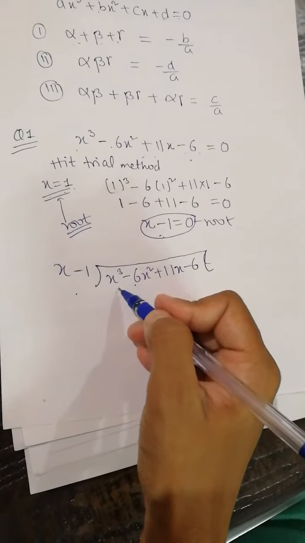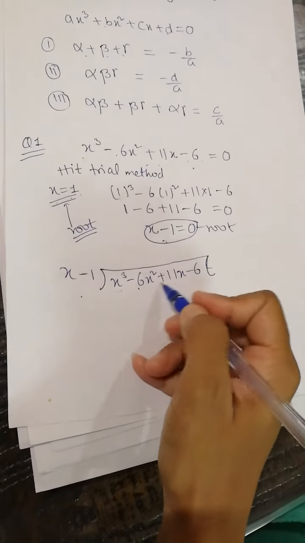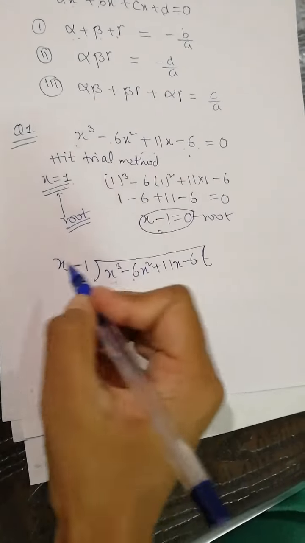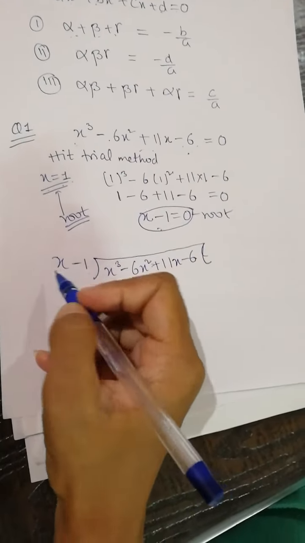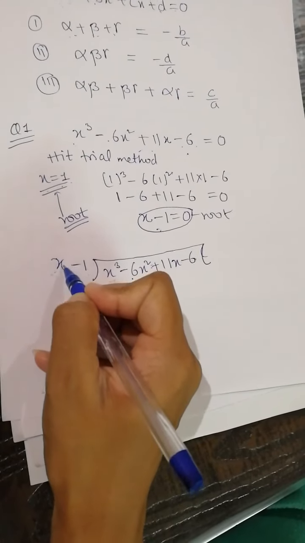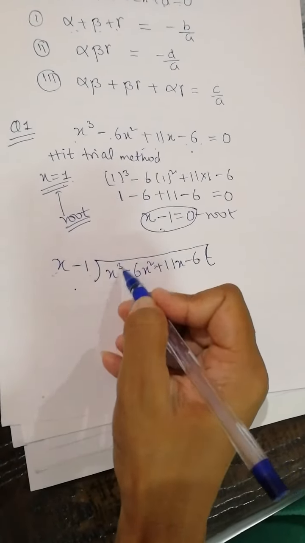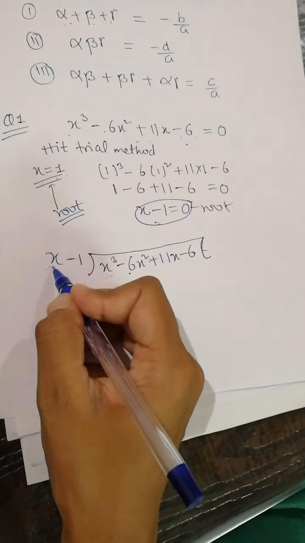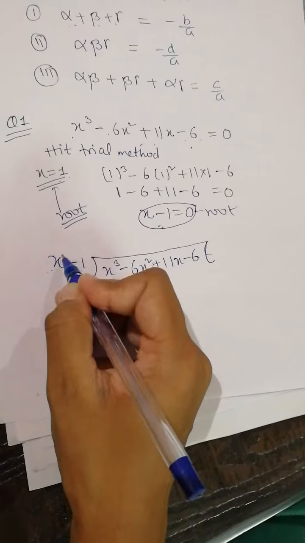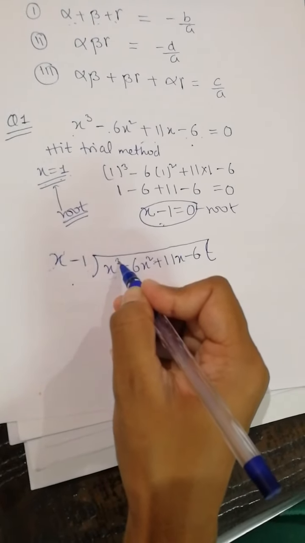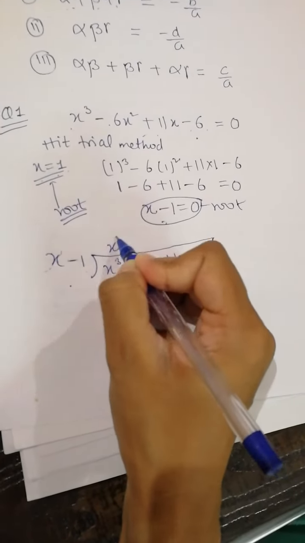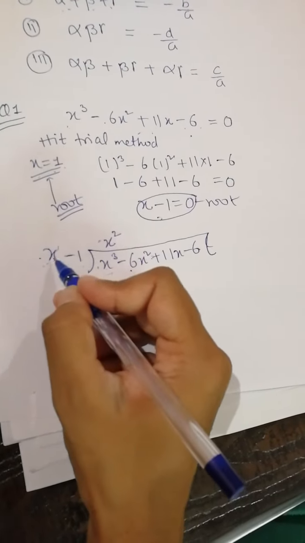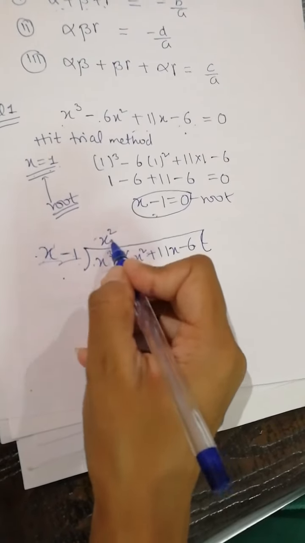The first thing to do is to write it in the descending order of the degrees, like x cube, x square, x, and then the constant term, right? And here also in the same order. Now see, the first thing is I have to cancel the first term whichever way possible. So this is x, the power of x is 1, and here the power of x is 3. So how much x we need is x square, and the coefficient is 1, so I just need one coefficient, and then I'll multiply this by x square.